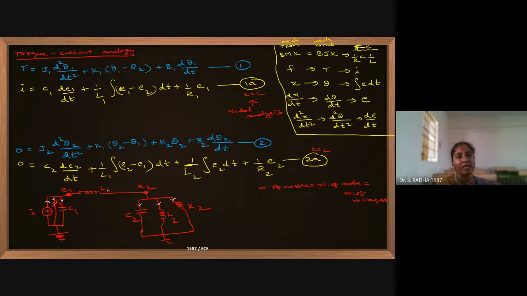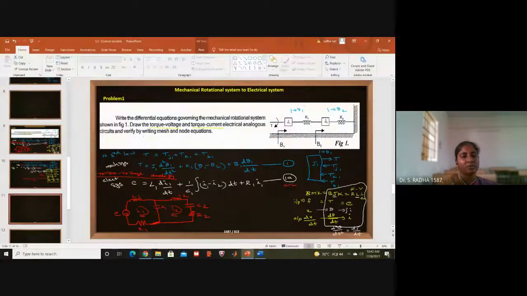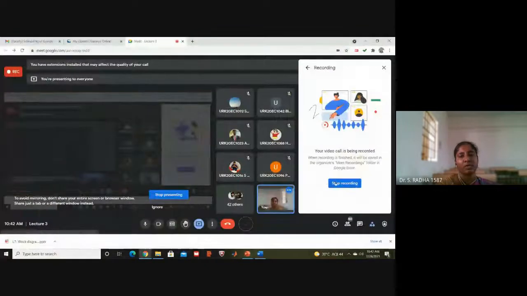And in L1, with respect to E1, you will have one current like this. With respect to E2, you will have one current like this. Overall current, whichever is dominating: this side if it is 2 milliampere, this side if it is 5 milliampere, 2 minus 5, which is minus 3. So if you finally put the arrow left to right, it will be minus 3. To avoid that, you put the final arrow mark right to left. Based on the current magnitude, the final direction will be decided in L1. So this is about the torque current analogy.